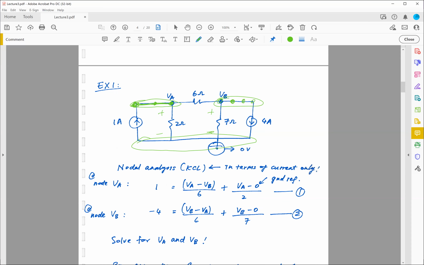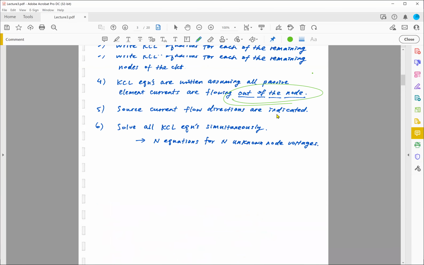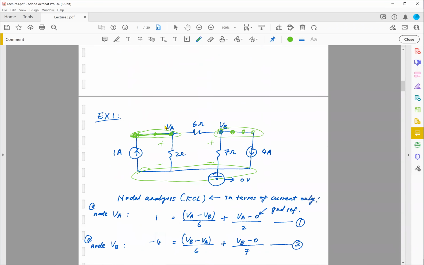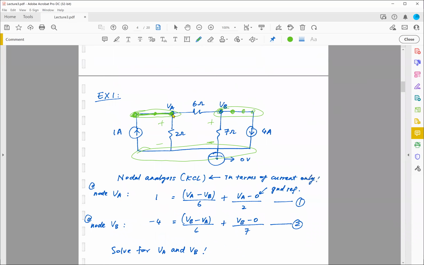Okay. So let's see how this nodal analysis works. I'm going to pick one node and start. We have defined the unknown node voltages as in step 2. And in step 3, I'm going to start writing my KCL equations. I'm going to first start with this VA node. So at node VA,